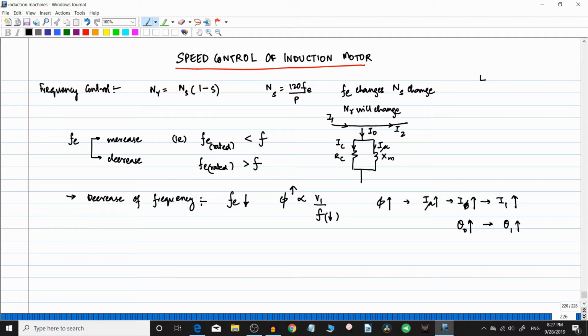That is what we are going to see. It is common for transformers, it is common for induction motors. So if theta naught is increasing, cos theta naught will decrease and cos theta 1 will decrease. Okay, so the effect of decrease